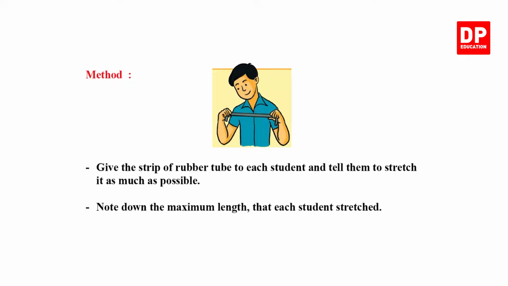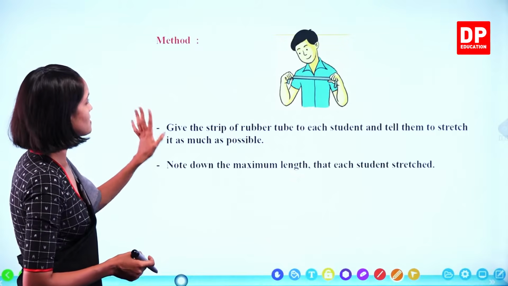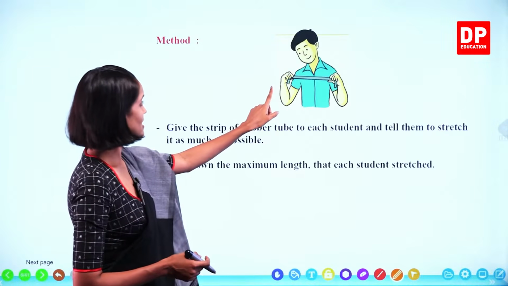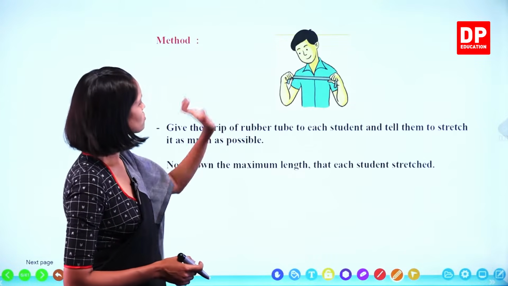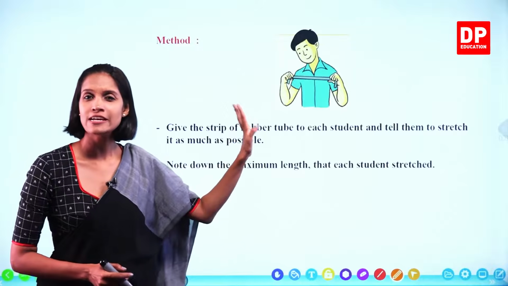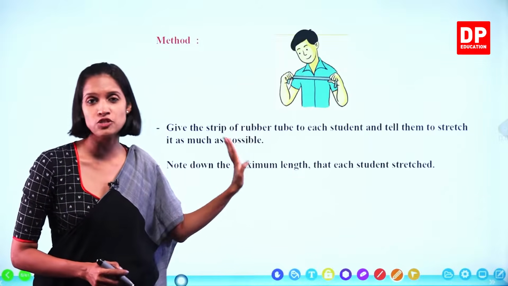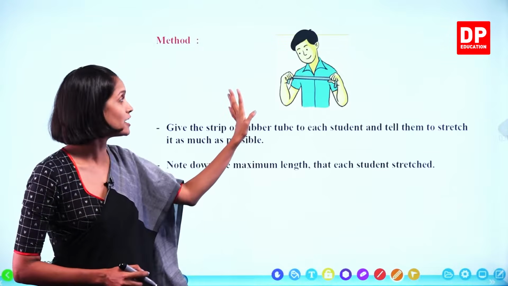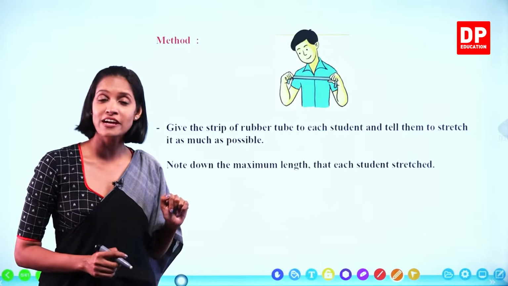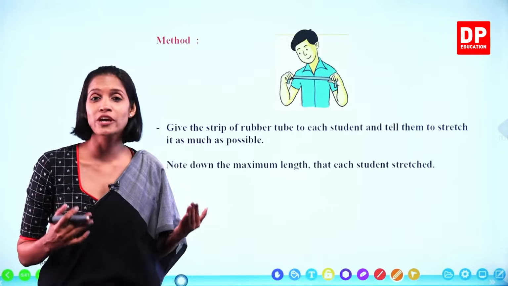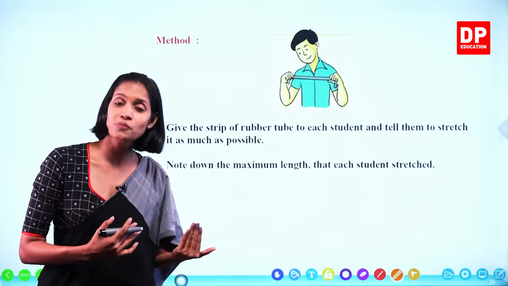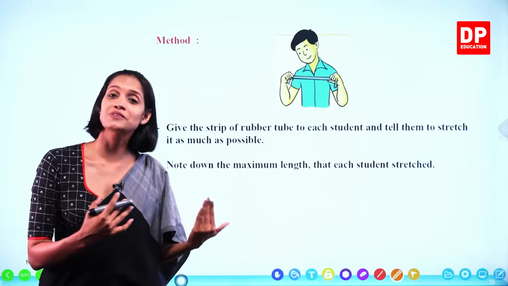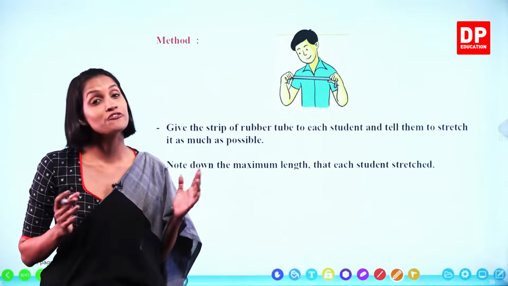Right. Let's see. So what is the method? Now look at this child. He is stretching the bicycle tube, okay? So how to do this activity? Now remember, children, this activity is very easy to do. Even at home, you all can do this activity, right? So when you're in the classroom, you can do this activity with your friends. So when you're at home, because you don't have the friends, you can do this activity with your family members,